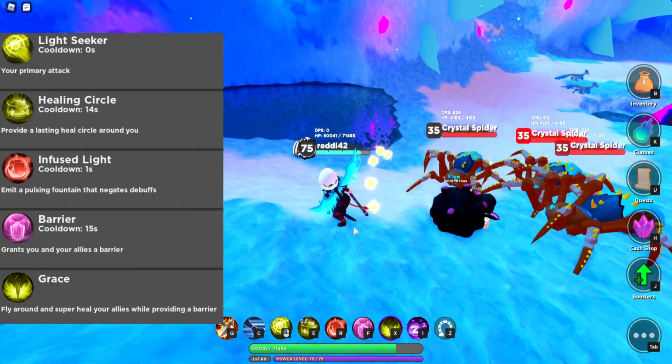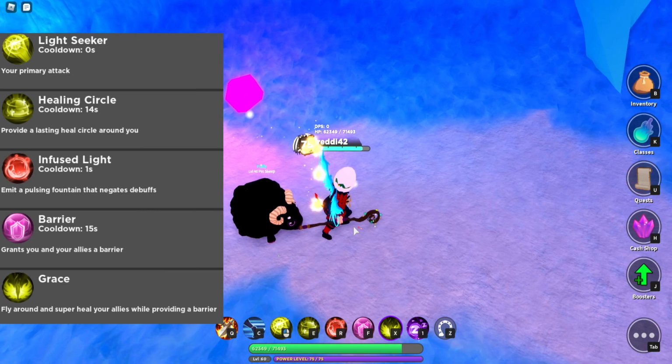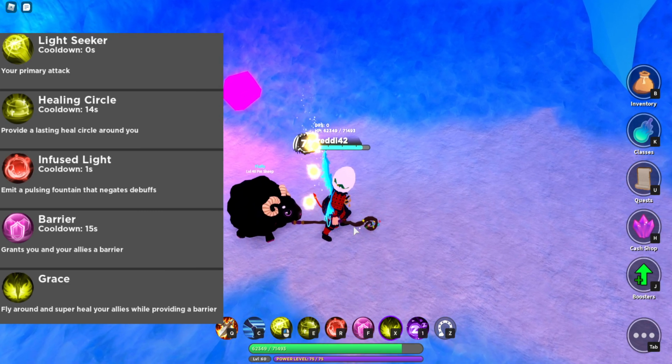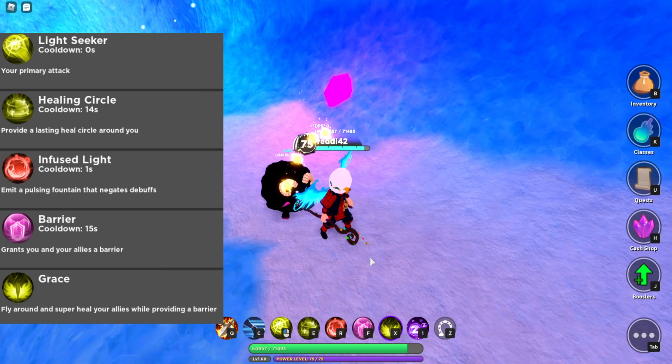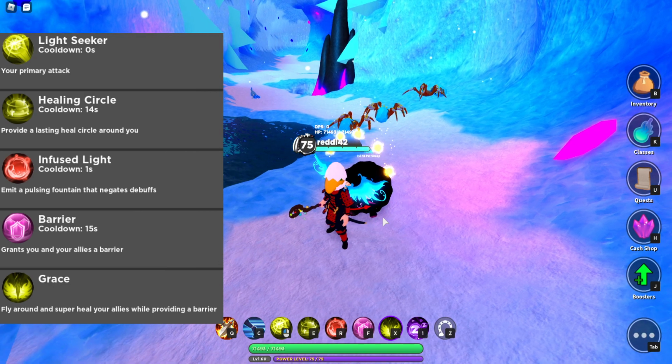All right, let's go for our next ability. We have Infused Light. Now, the description says that it emits a pulsing fountain that negates debuffs, and this is the old one. I think they never changed it. I don't know why. I know they changed it a while ago to make this class a little more viable in damage. So what this does, instead of a pulsing fountain that removes burns and stuns, instead